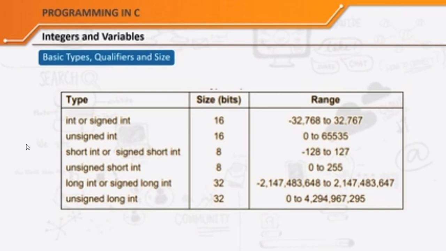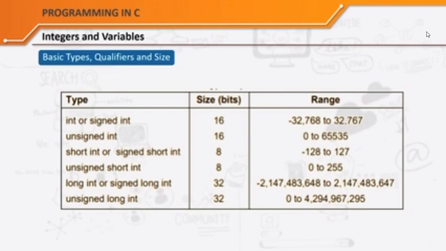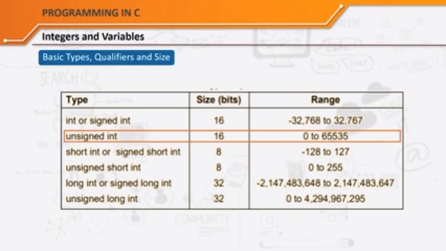Now, when we say bits, it is nothing but a binary digit. A binary value can either be 0 or can be 1. Every information in the computer's memory is stored in the form of a binary value, whether it is an alphabet or a character, or it can be anything. Now coming back to the table here, as we can see unsigned int here, unsigned int has a size of 16 bits, or it can occupy 16 bits of memory, which ranges from 0